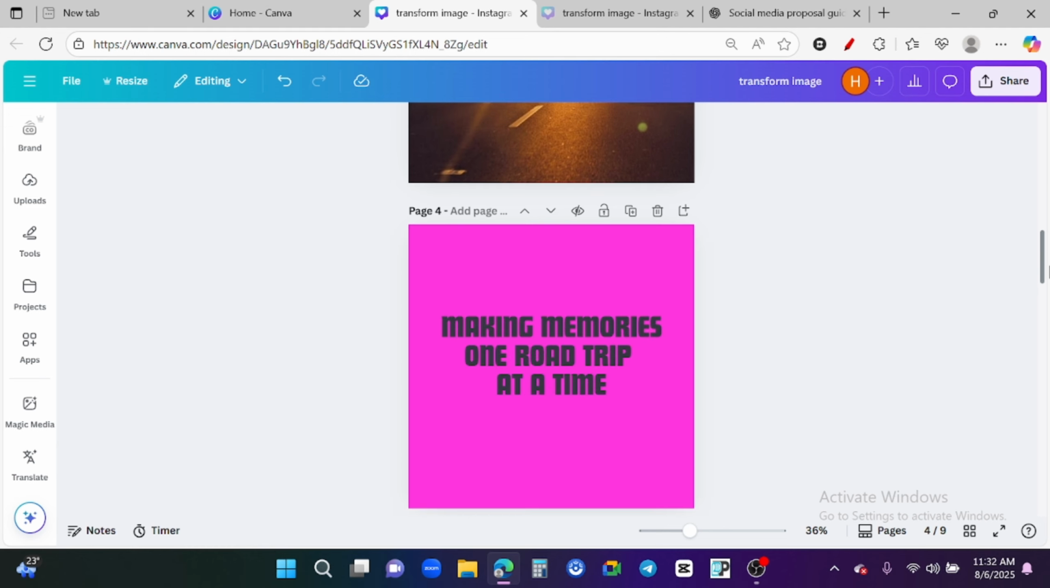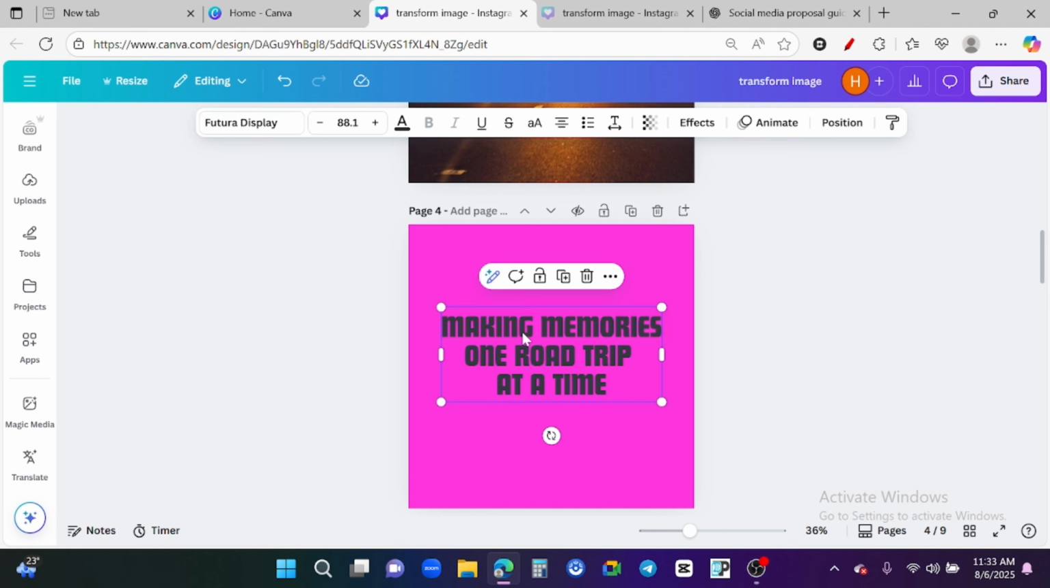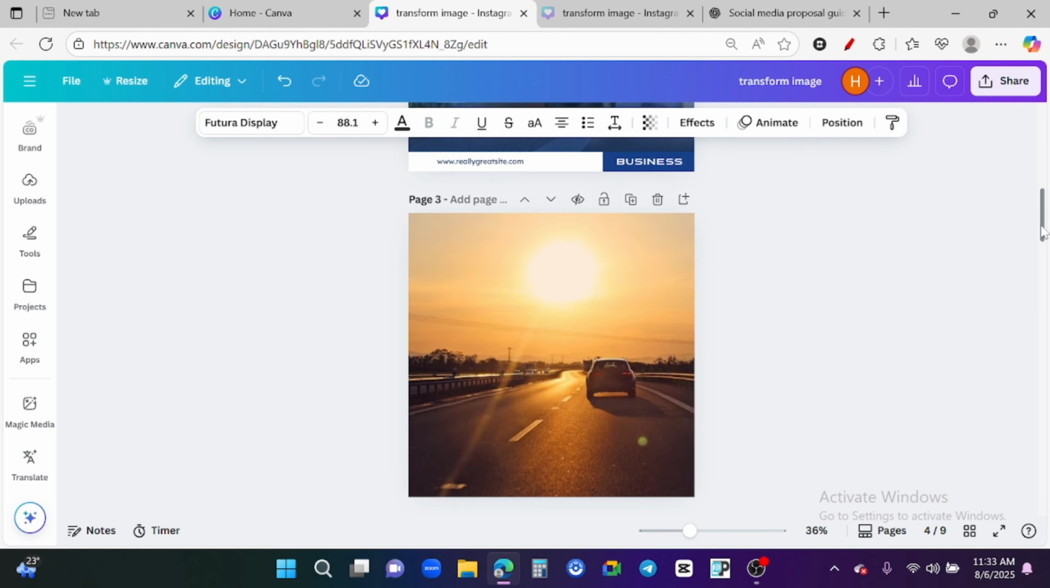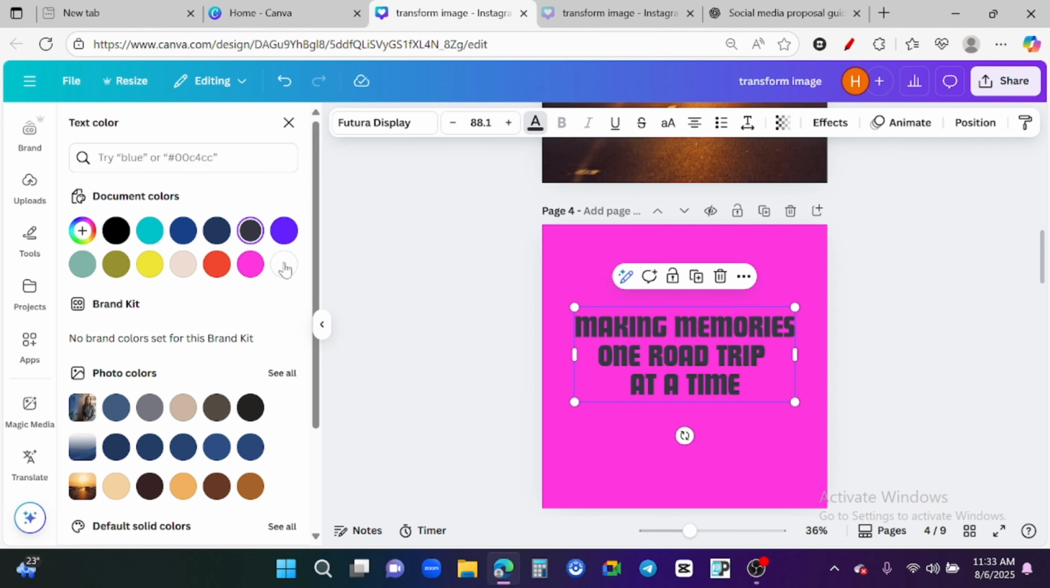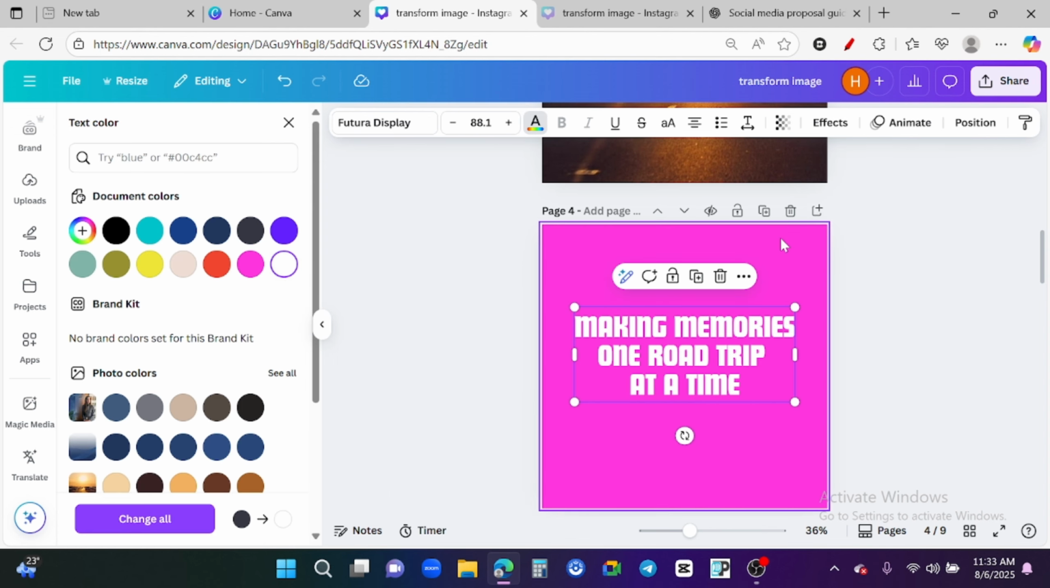I already have this text which I've typed out just to reduce time wastage. I have this text, making memories one road trip at a time. So I want to add it to this very design at the top, but transforming it. So the first thing to do is to change its color. So we're going to change it to white and then